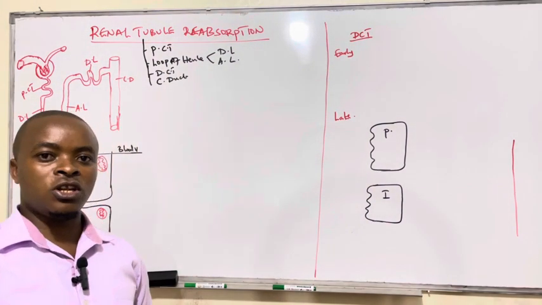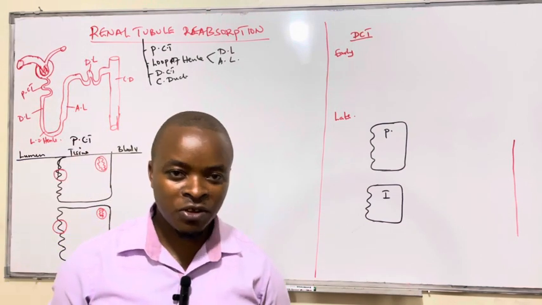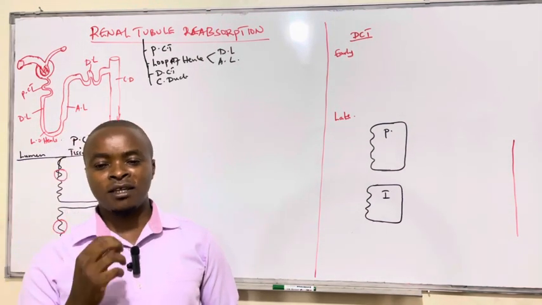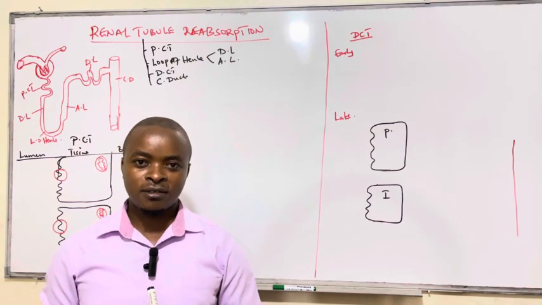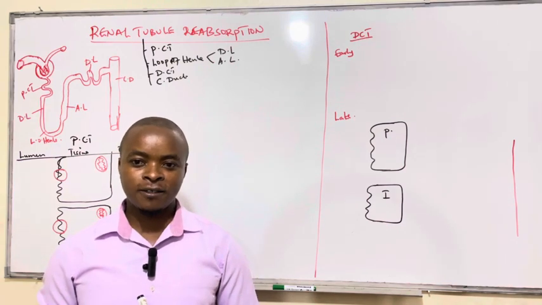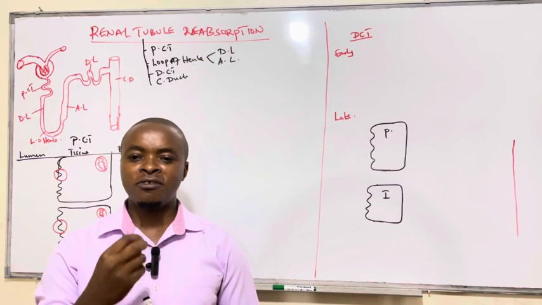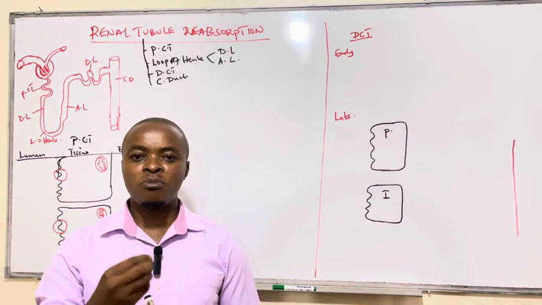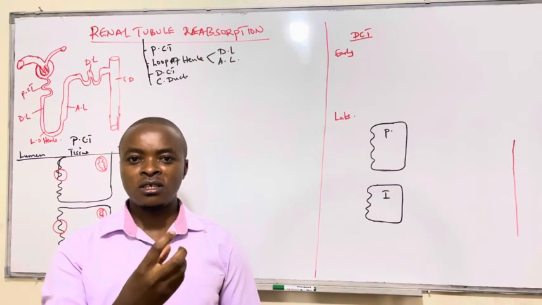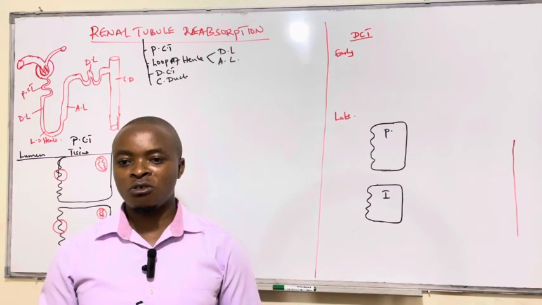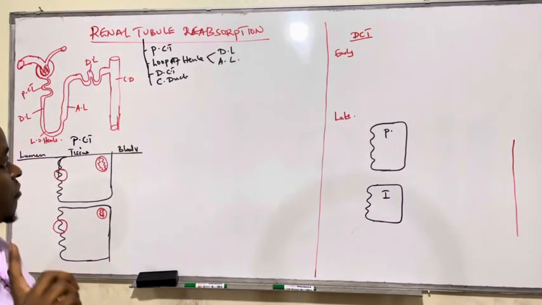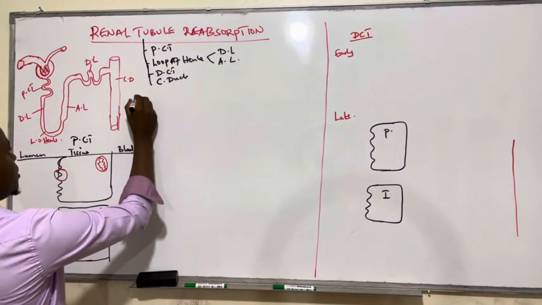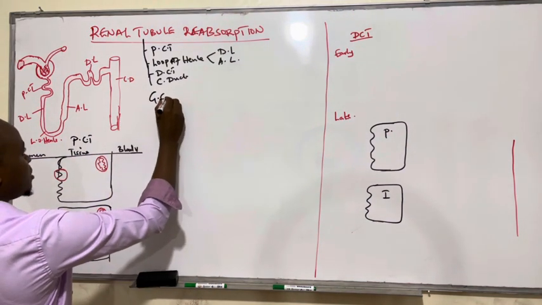We saw in a recent video that the parts of the renal corpuscle were the glomerulus and the Bowman's capsule, and we saw how filtration occurs across the glomerulus. So today we want to look at selective reabsorption. We formed the glomerular filtrate. Then we want to see how substances within the glomerular filtrate are selectively reabsorbed. So after filtration, we shall find the glomerular filtrate